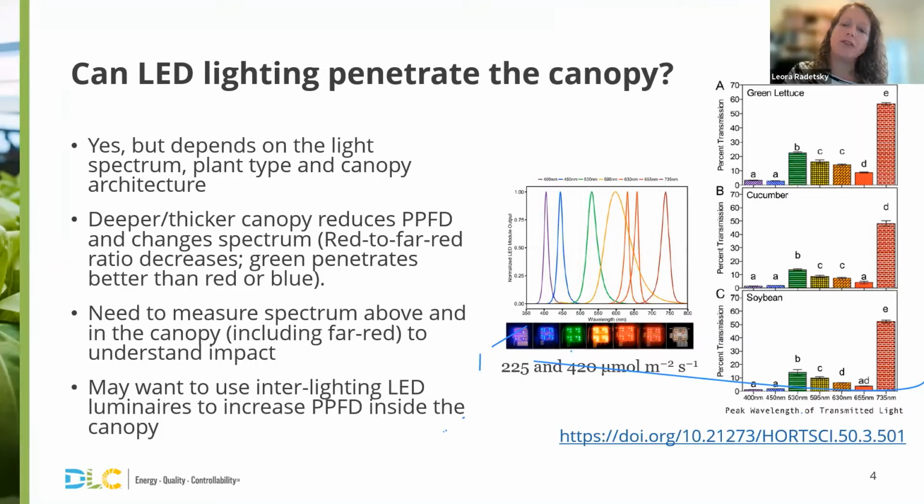Well, as you can imagine, there's a wide range of price between sensors, and usually price is an indication of precision in this case. So what you're looking for probably is something that says a quantum sensor, or it actually uses the word PPFD in the meter. And those kinds of meters typically just measure PAR, right? So they're going to measure between 400 and 700. And there's some variances between them depending on the detector that they're using, right? And those are often related to price point, to be perfectly honest.